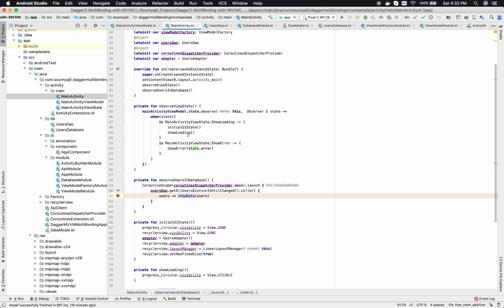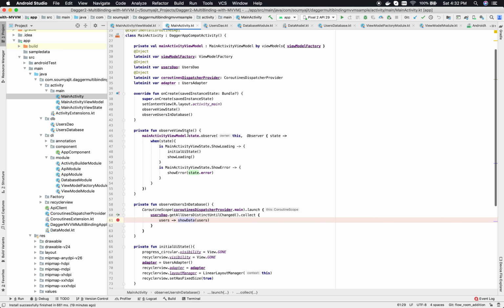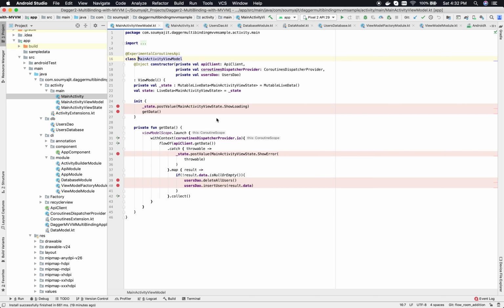So we are not updating directly from the API, rather from the API we are inserting the data in the database, and we are observing the database changes using flow and Room database. Now if you see, there are collect methods that I have called here also, and in the main activity view model here also. Now if you don't know, collect is a terminal operator. Once you give a call to that, only then does flow start executing, and this is just a basic use case of what I have shown using flow in this app.